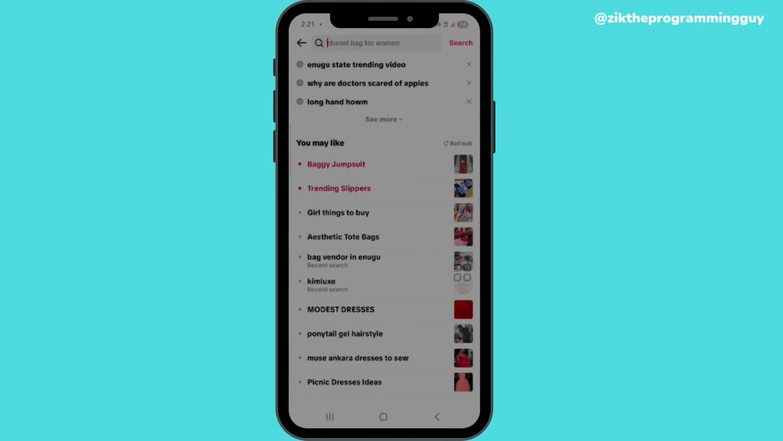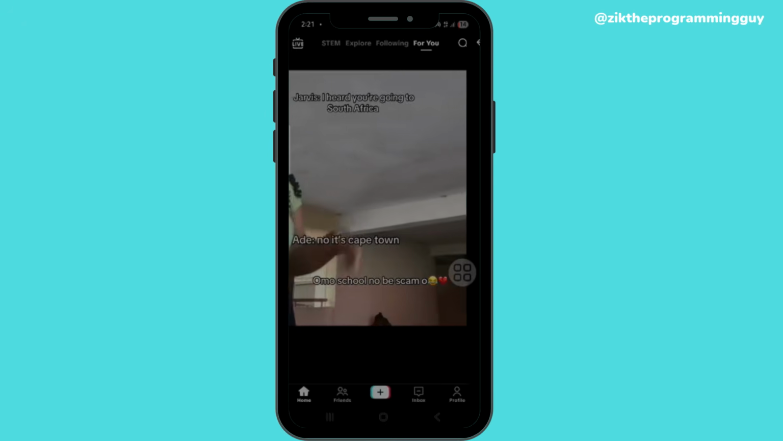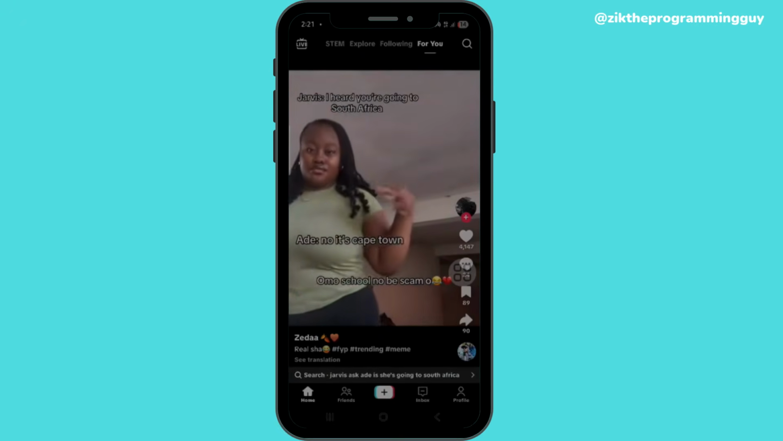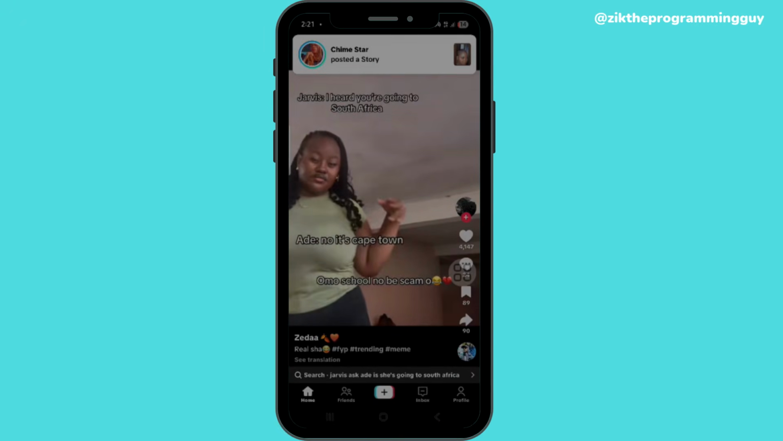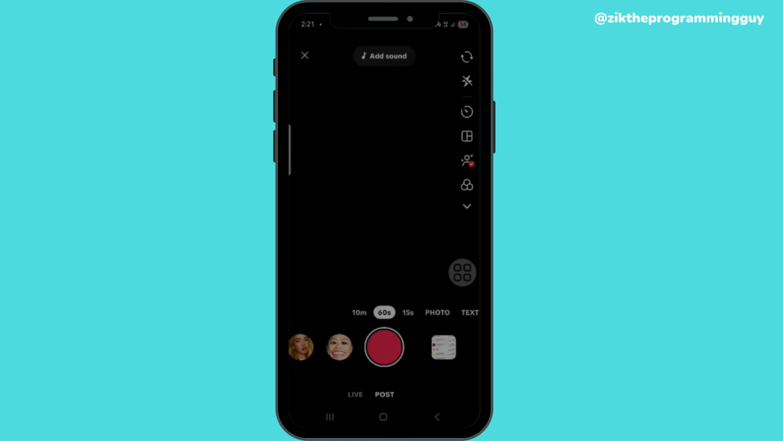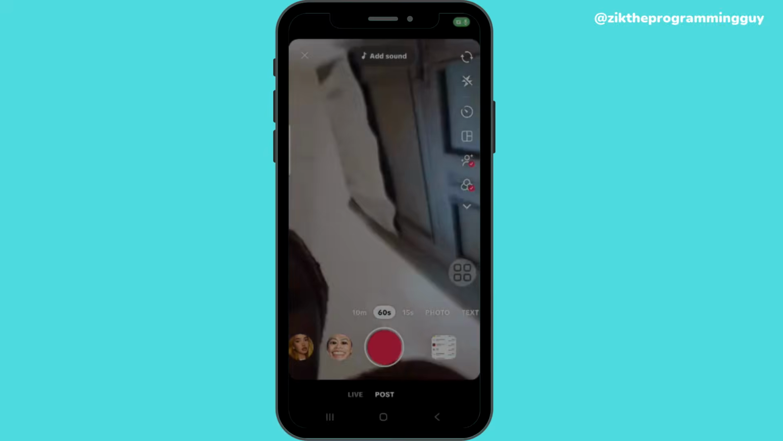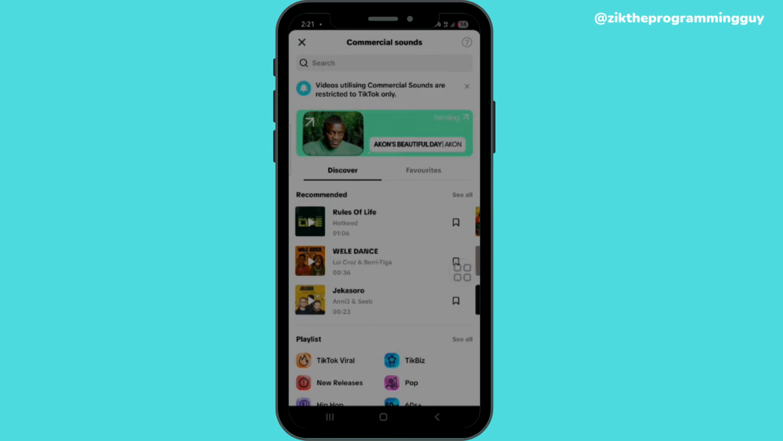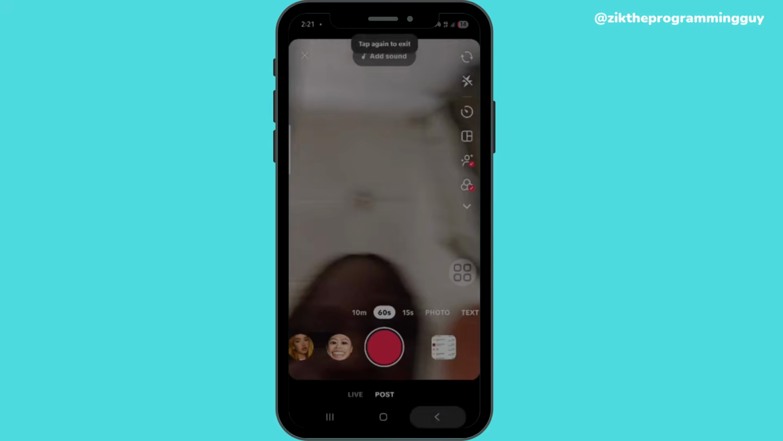So all you need to do is click on the plus sign. Click on your plus sign. Once you click on it, you can see, once you click on add sound, commercial sounds right there. So let's go back